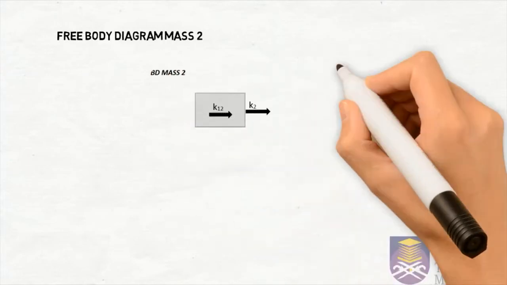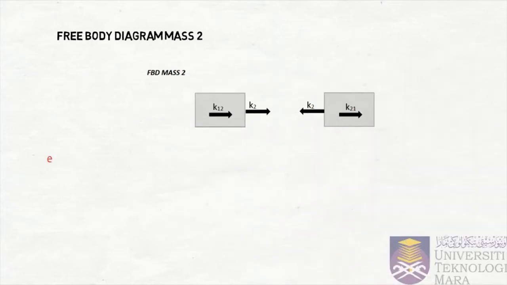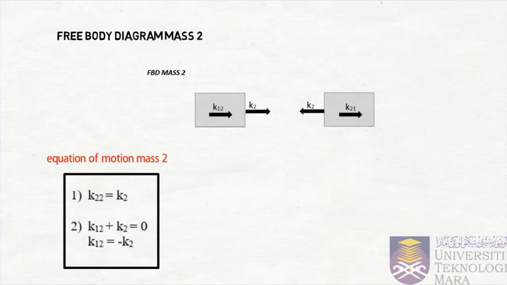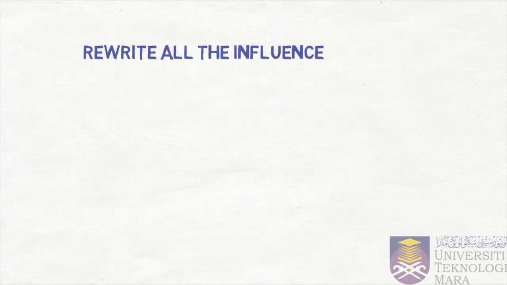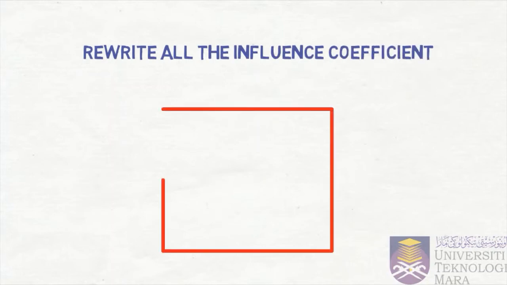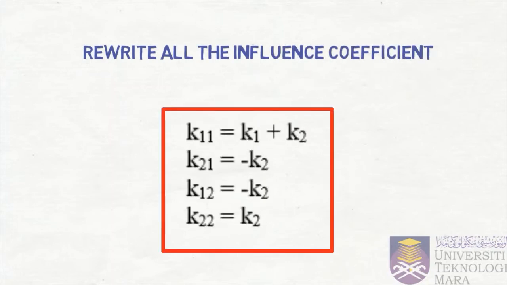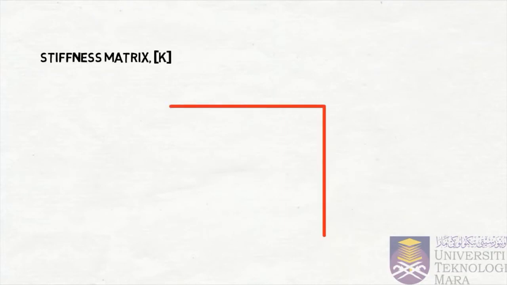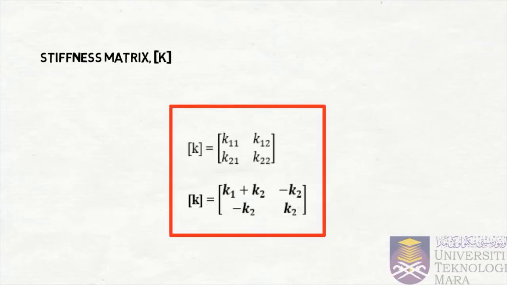This is the free body diagram for mass 2, and from this you can get the equation of motion. Rewrite the influence coefficient, and the stiffness matrix we got is,